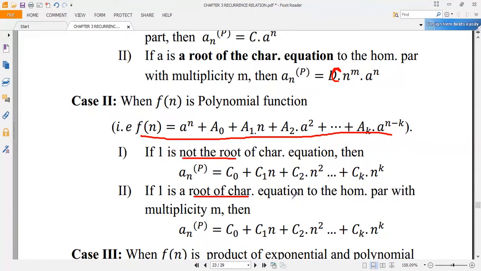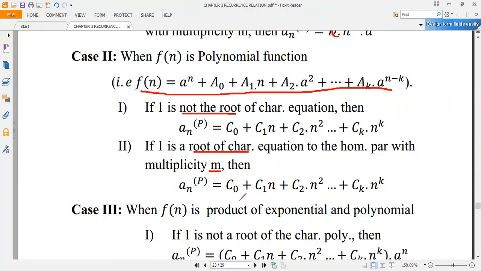If one is a root of the characteristic equation of the homogeneous part with multiplicity m, then the initial guess, or the trial solution to find the particular solution, will be taken as c0 plus c1n plus c2n squared up to ck n to the power of k, times n to the power of